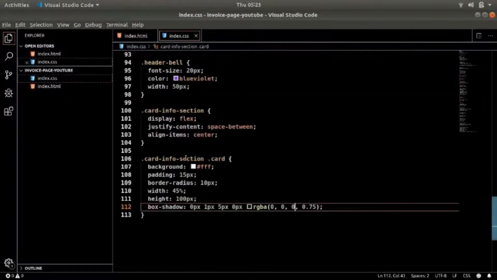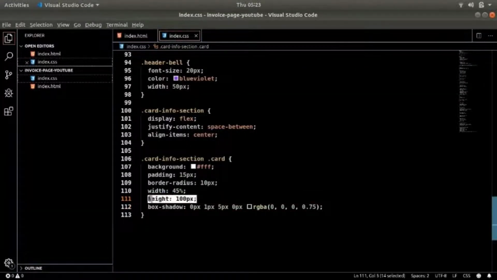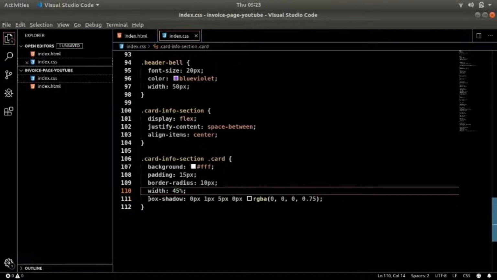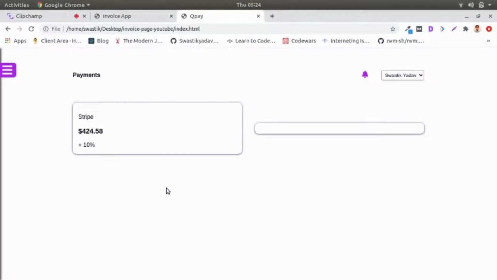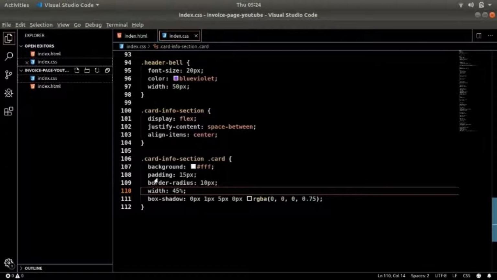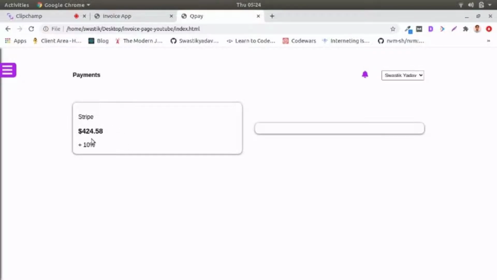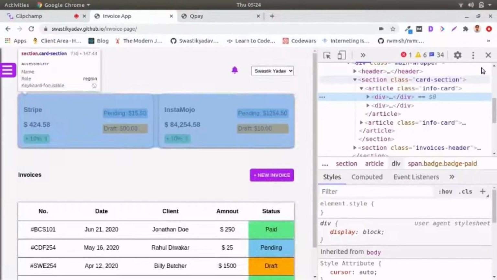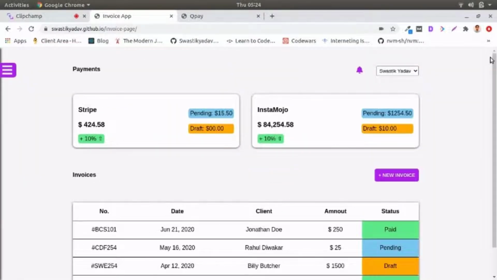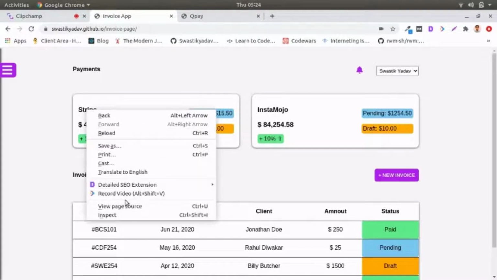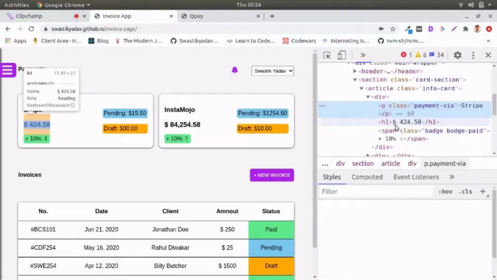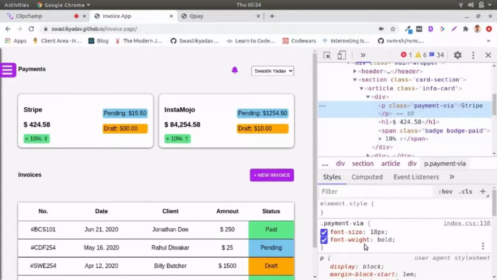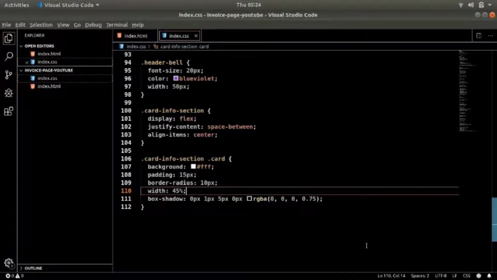And I will just remove the hard-coded height from here so that we have the height as per the content. Okay, this is looking already awesome. Pretty similar to what we have here. So let's just get it done. So this one is a p tag with a font size of 18 pixels.